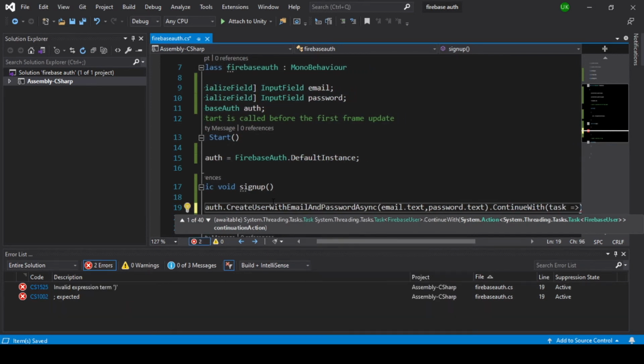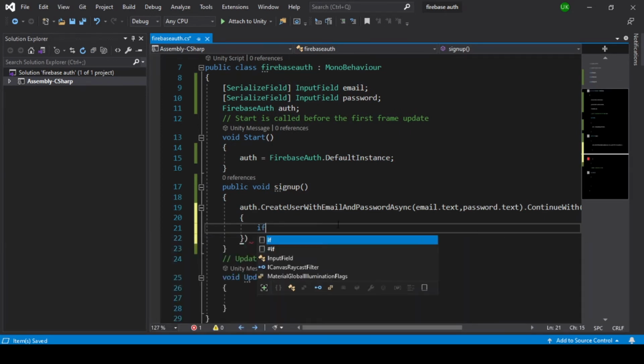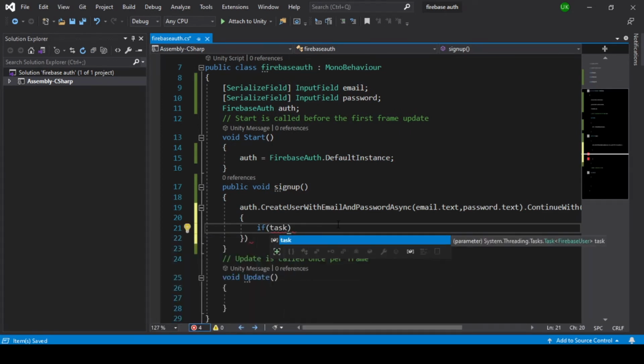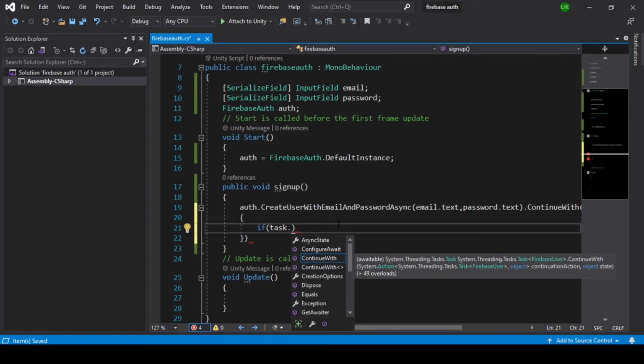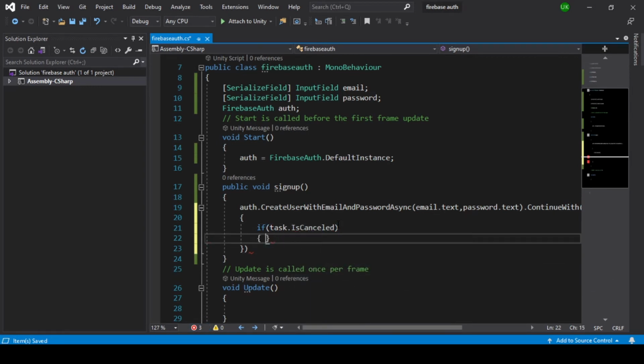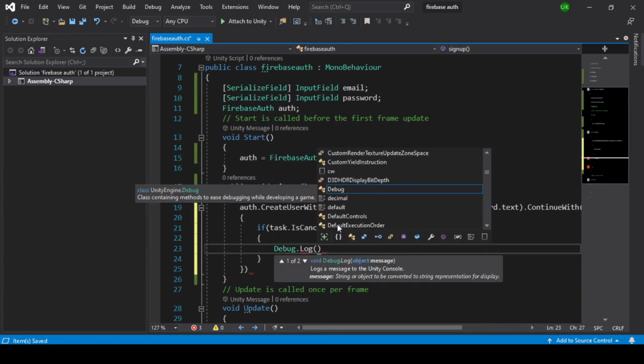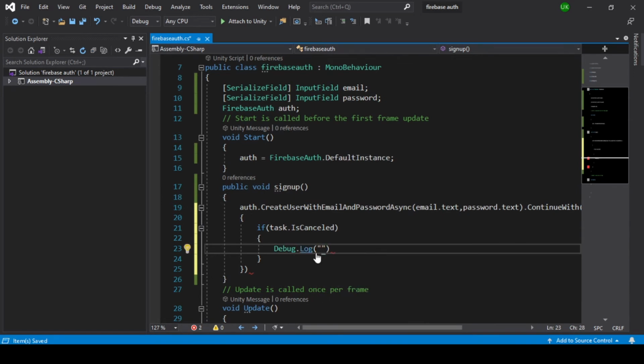ContinueWith task. If task is cancelled, CreateUserWithEmailAndPasswordAsync was canceled.